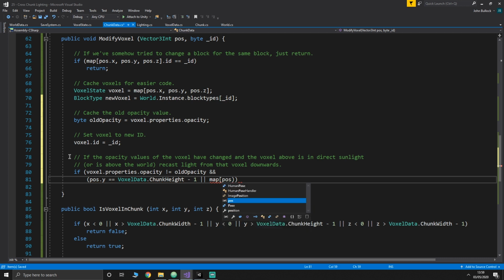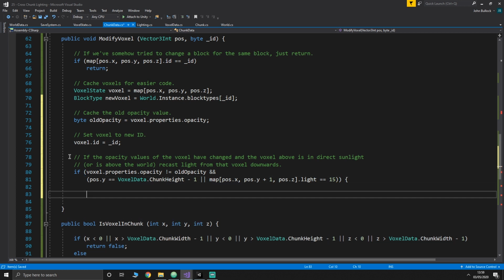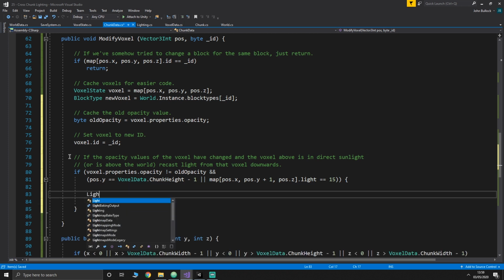Or map pos.x, pos.y, pos.z dot light. Sorry, the pos.y wants to be +1 because we're looking at the block above the one that we're changing. Dot light is equal to 15, and it needs to be 15. If it's not 15, then it's not in direct sunlight, and we're only interested if it's in direct sunlight. If that's the case, then lighting